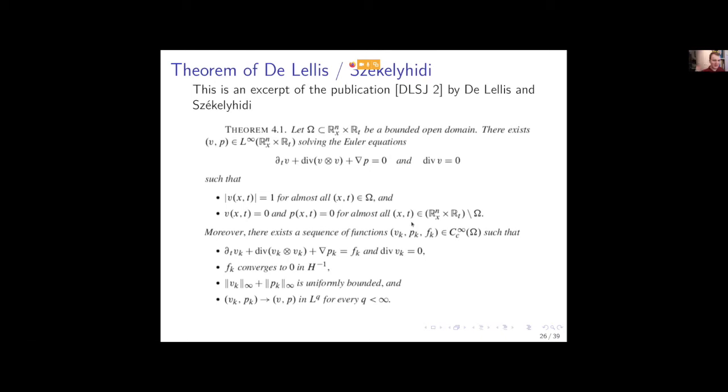So this is exactly the effect we talked about in the beginning with this amazing picture I told you to keep in mind of the wave. You can construct, with the 4 steps I mentioned before, a solution where the water does not move at all outside of some bounded domain. And suddenly inside of the bounded domain, it's moving a lot, right? It's everywhere constant speed 1. So you have a wave, and then suddenly you have no more movement at all.